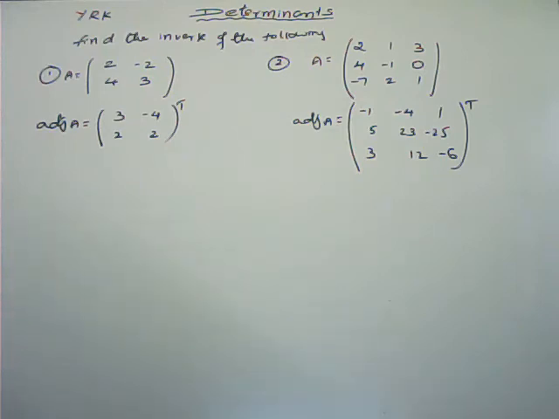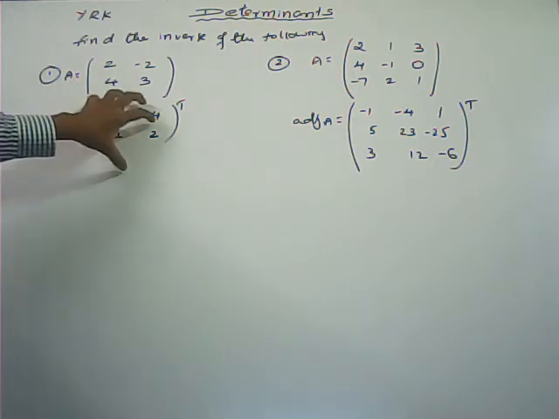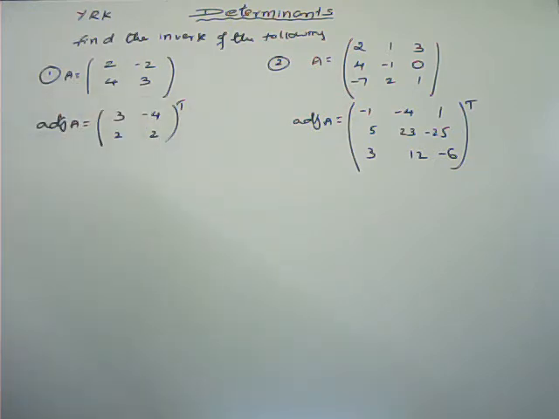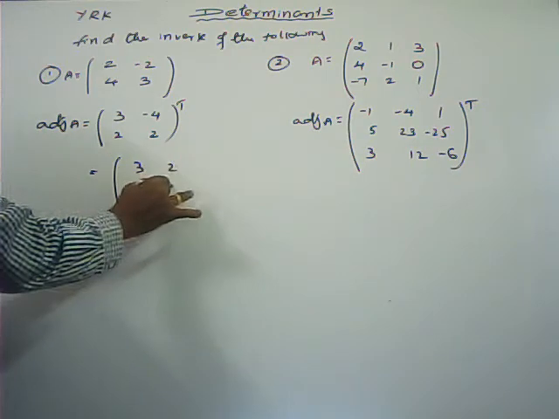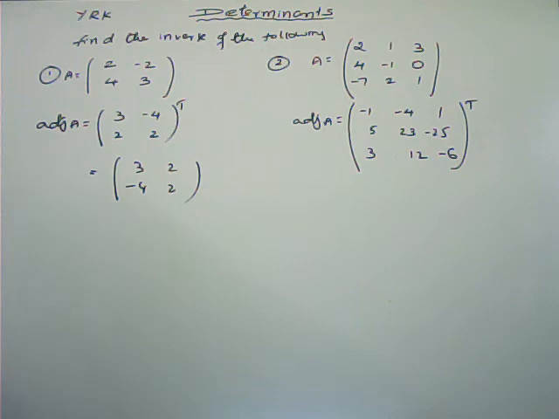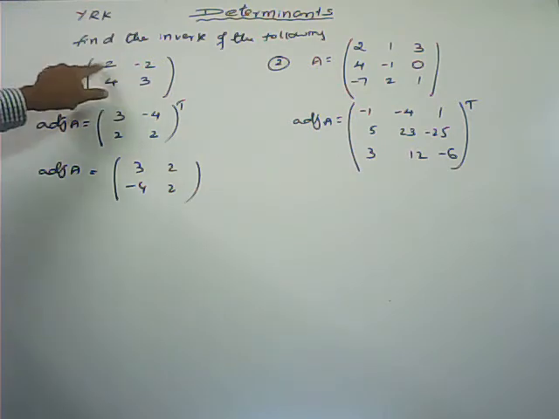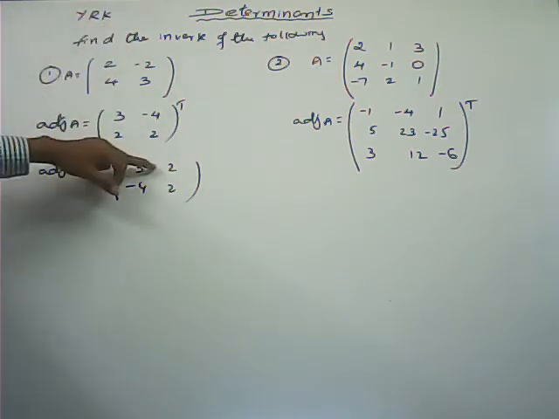Here, how to find the inverse of the matrices? Here a 2 by 2 and a 3 by 3 have been taken, and we already discussed how to find the cofactors of elements of a given square matrix. Here I have written the cofactors and transposed them. That one we say adjoint of the given matrix: 3, minus 4, 2, 2. Otherwise, simply, how to get the adjoint of A for 2 by 2? For 2 by 2, we have to interchange these two elements, 3 and 2, and for these two you change the sign.